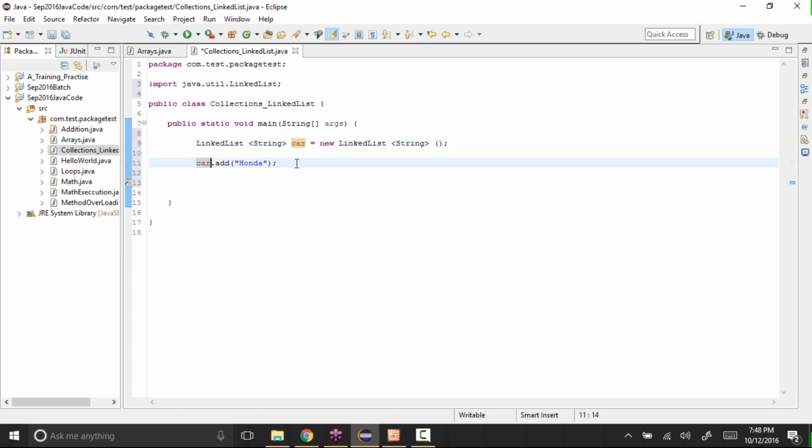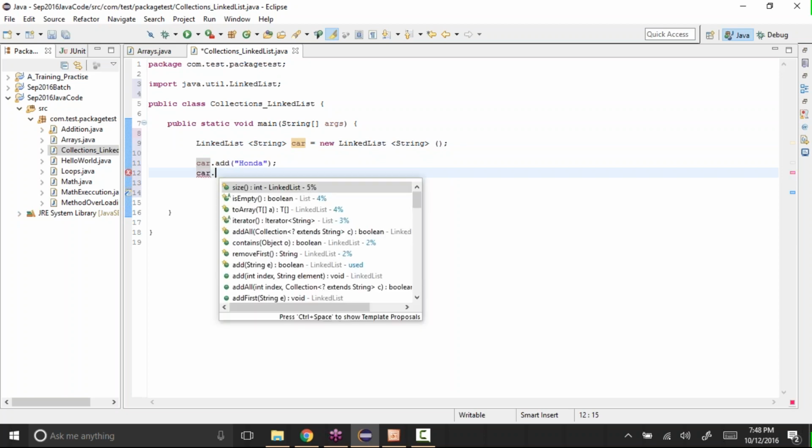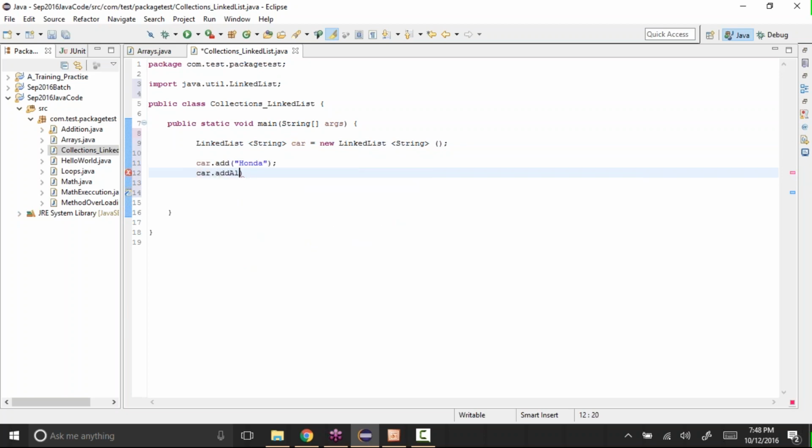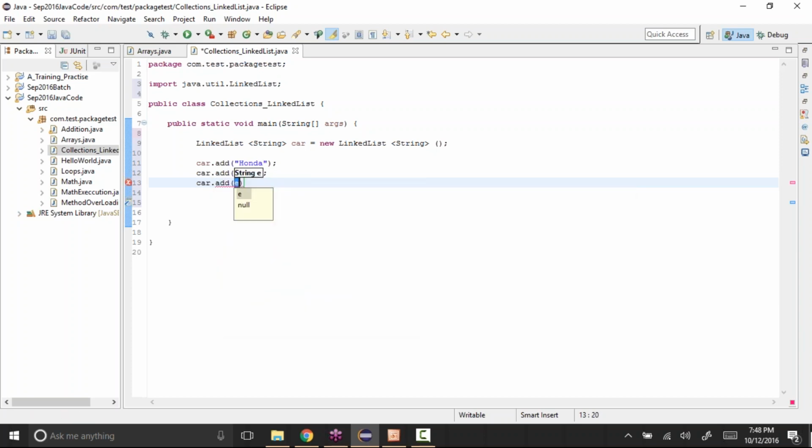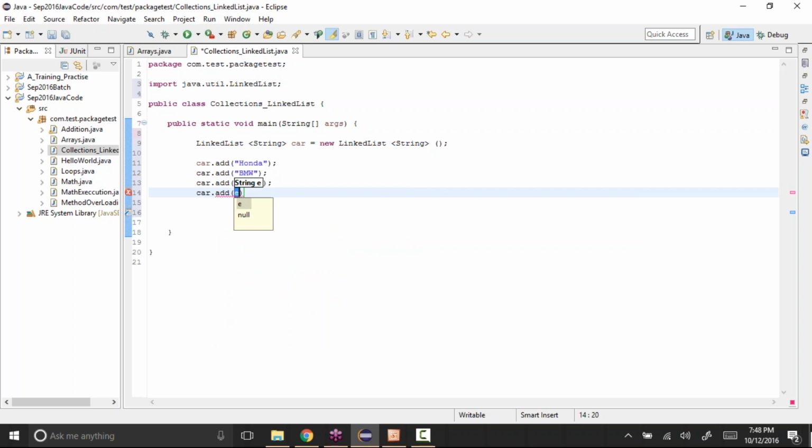So car dot add Honda, then same thing, car dot add BMW. Okay, car dot add, then let's say Merc. Okay, car dot add, see, Zen, like this.